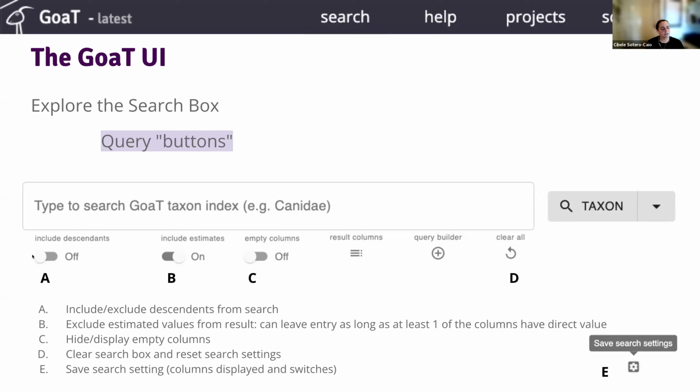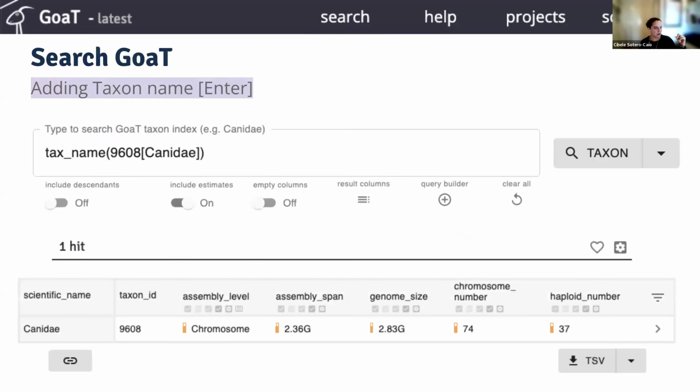The include descendants one, the name is kind of straightforward. If you type Canidae, the family of dogs, it will show you just a single result saying Canidae. So it will show scientific name, Canidae.